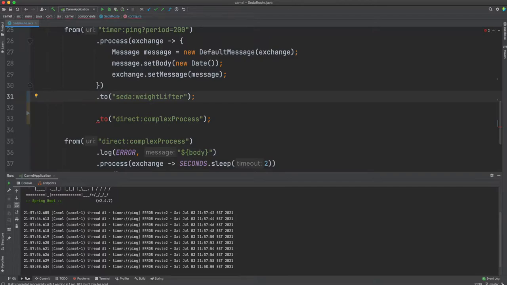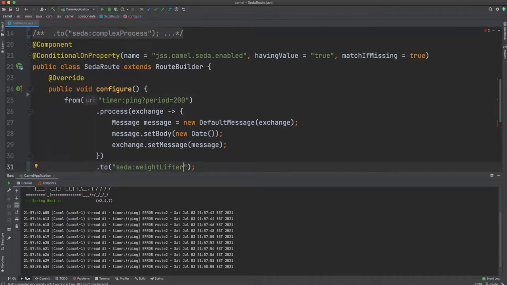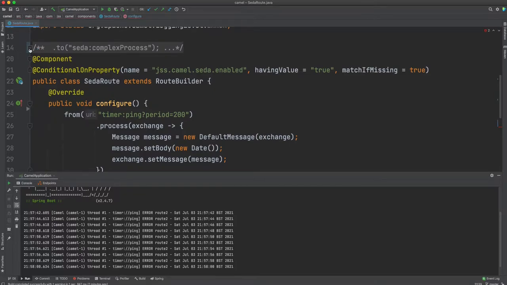The second option is I can simply say I have multiple consumers, and what the thread pool will do at that point is use the threading model from whatever the default profile for my exchange, or this Camel context, is. I'm going to do that for simplicity purposes at the moment.